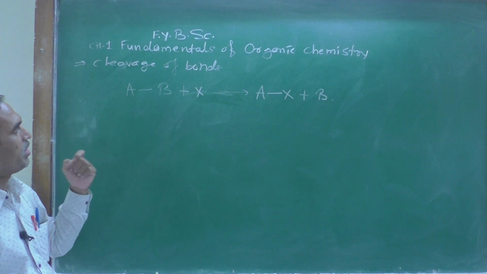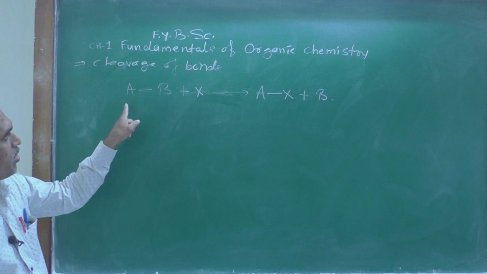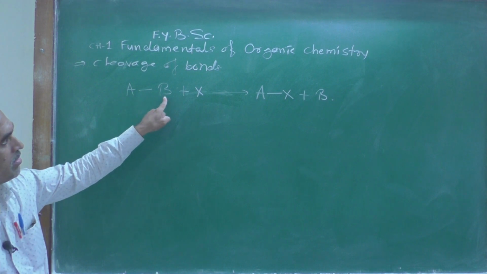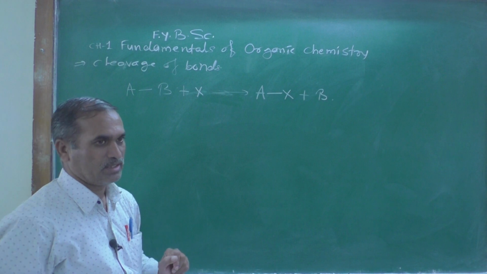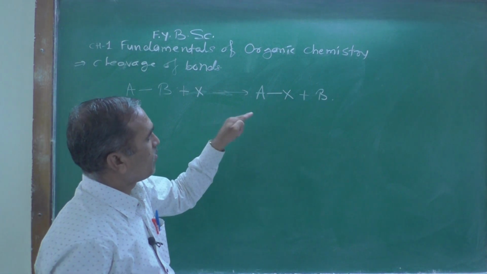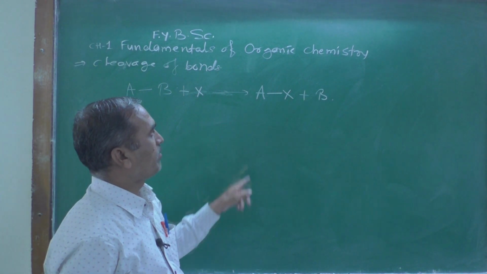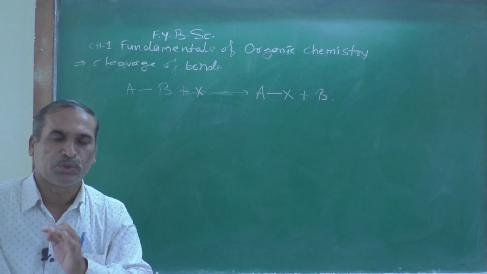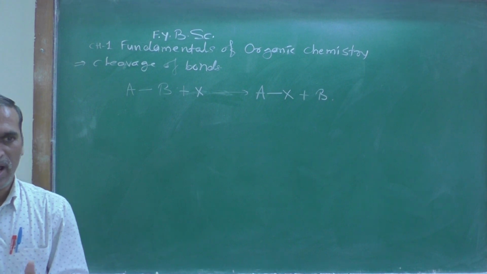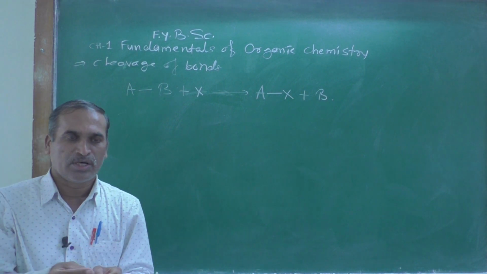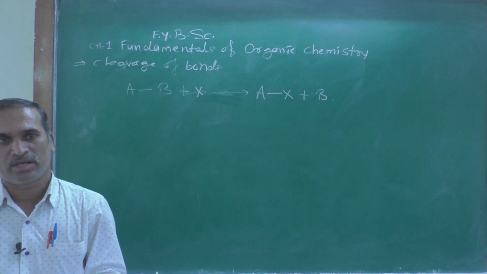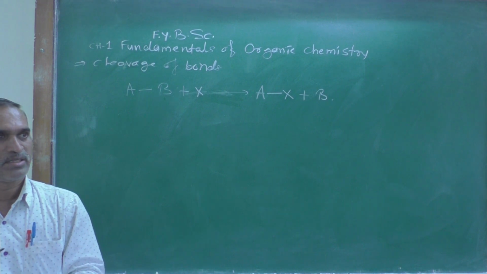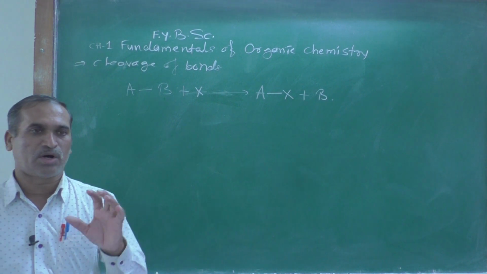The bond between A and B is broken and a new covalent bond is formed between A and X. Means during the course of a chemical reaction there is formation of a bond as well as breaking of a bond